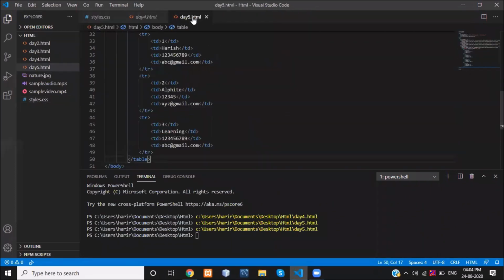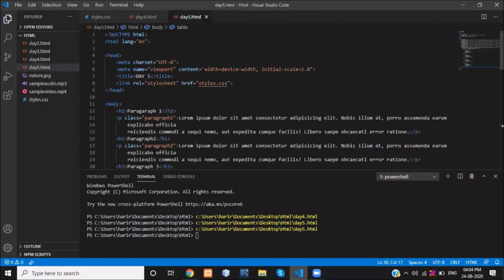What is the next thing we have learned? How to link that particular CSS file with my current HTML document. For that, we have created a link tag. Link. After that, REL. What is this REL? This is about relationship. What kind of relationship are you adding with this HTML document?